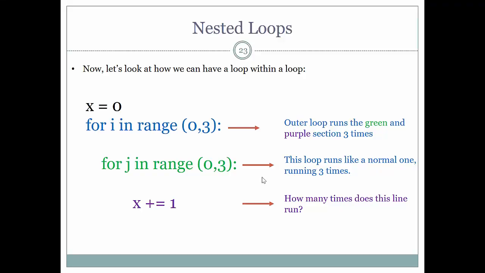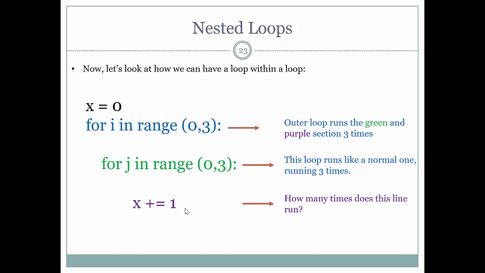Welcome back. So in this last video in this chapter on loops, we are going through this concept of nested loops. Just like a nested if statement, a nested loop just means that it is a loop within a loop. So the section in blue is what we call the outer loop, and the section in green is the inner loop. The outer loop runs the green and purple sections 3 times, whereas the green one is just a normal loop